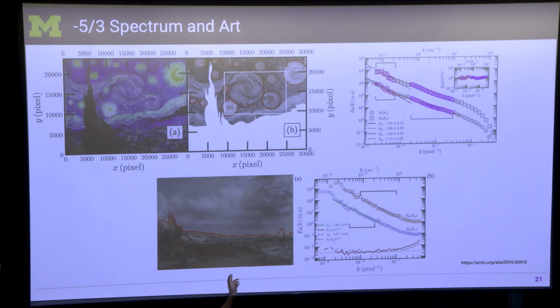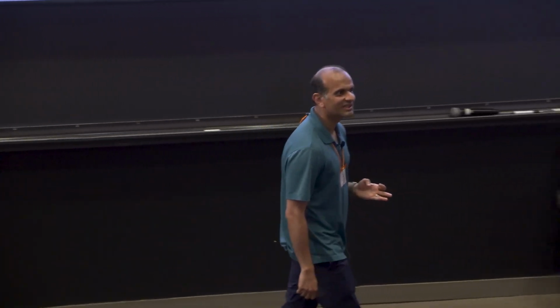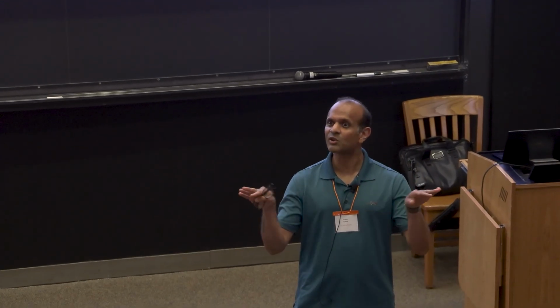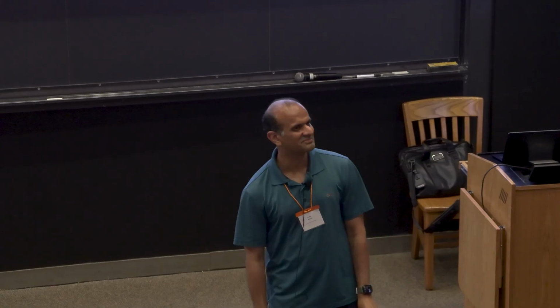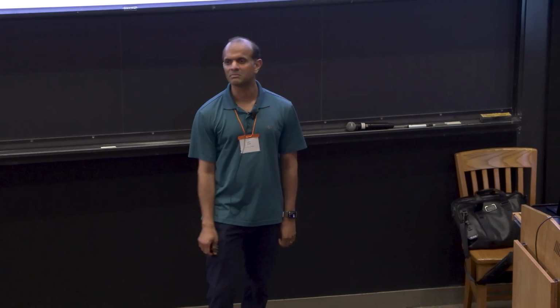This is another picture. Do you guys know what this is? I would be shocked if you guys knew what this is. No? I did not know either. It's called Chain Pier of Brighton by John Constable. So that picture, also you can remove all the low ground stuff, take the sky, and take a Fourier transform. You'll get a minus 5/3 spectrum. So now comes the dilemma, right? Are we seeing a minus 5/3 spectrum everywhere because they exist, or as humans we can only see a minus 5/3 spectrum? Right? We do not know. But this is there all the time. You do see the minus 5/3 spectrum in many different features.